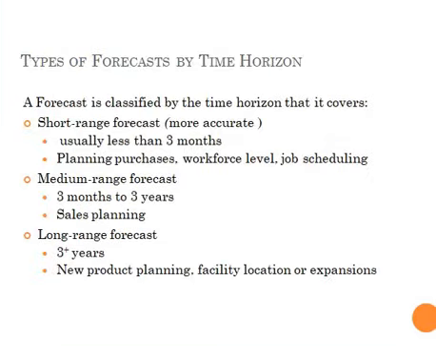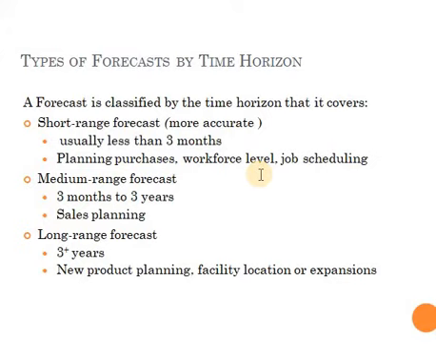Now, the forecast is classified by the time horizon that it covers. The first one is the short range forecast, which is up to a 3-month period. In this period, what do we do? What do we forecast? We forecast the purchases, the raw materials, the quantity of the raw material that I need to get, workforce level, how many employees should I hire for the production line in order to fulfill the orders